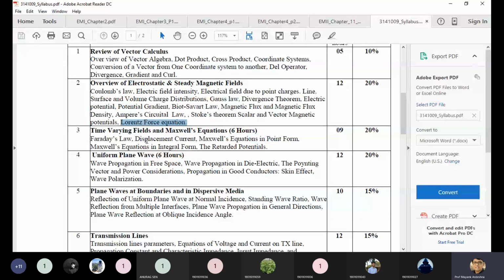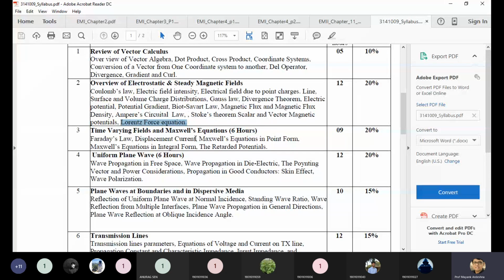After that, we modified Maxwell's equations for time varying behavior using Faraday's law and the displacement current. Displacement current comes up when you consider three different currents: convection current, conduction current, and displacement current. For conduction current, you require a conductor for moving the charge, but for convection current, we don't require any conductor. It is the movement of current due to the concentration of charges. And the last one is the displacement current.